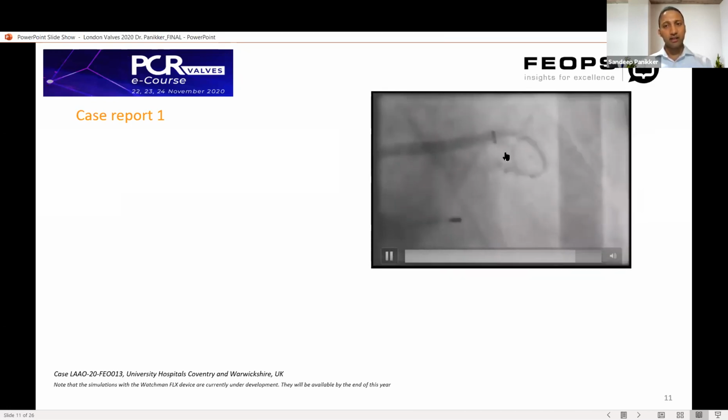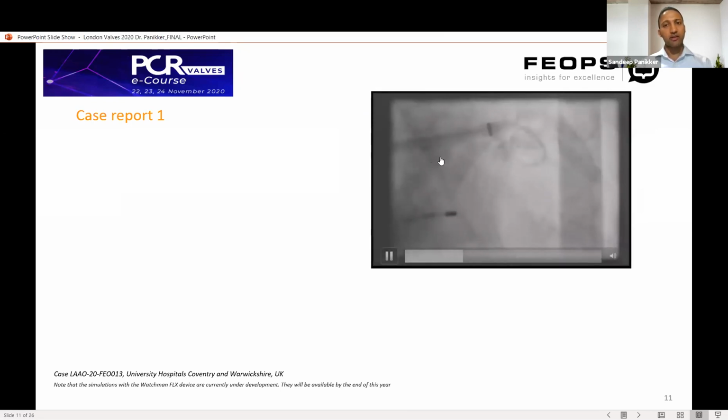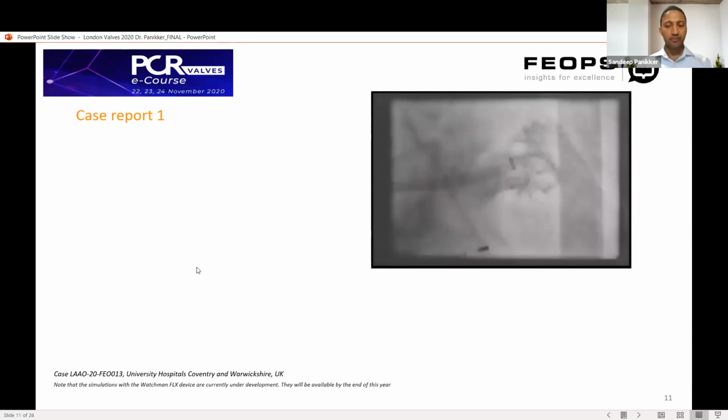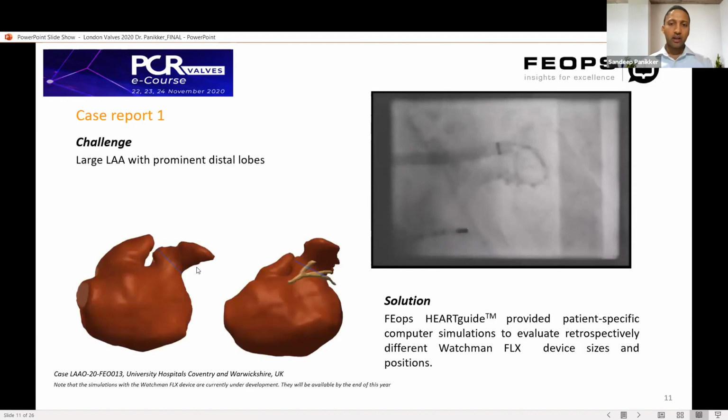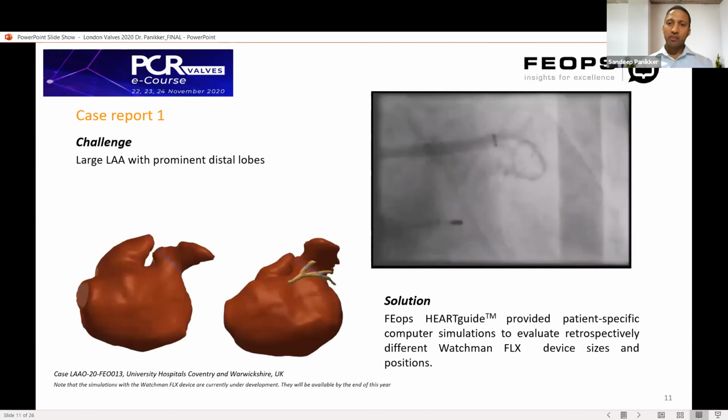But in this position, actually, it felt that the most coaxial position was gained from going into the infraposterior lobe. So this was a relatively reasonable anatomy, but there were some nuances picked up, and actually HeartFlow really helped with this. But I have to be upfront here that, as Chris has alluded to at the start of